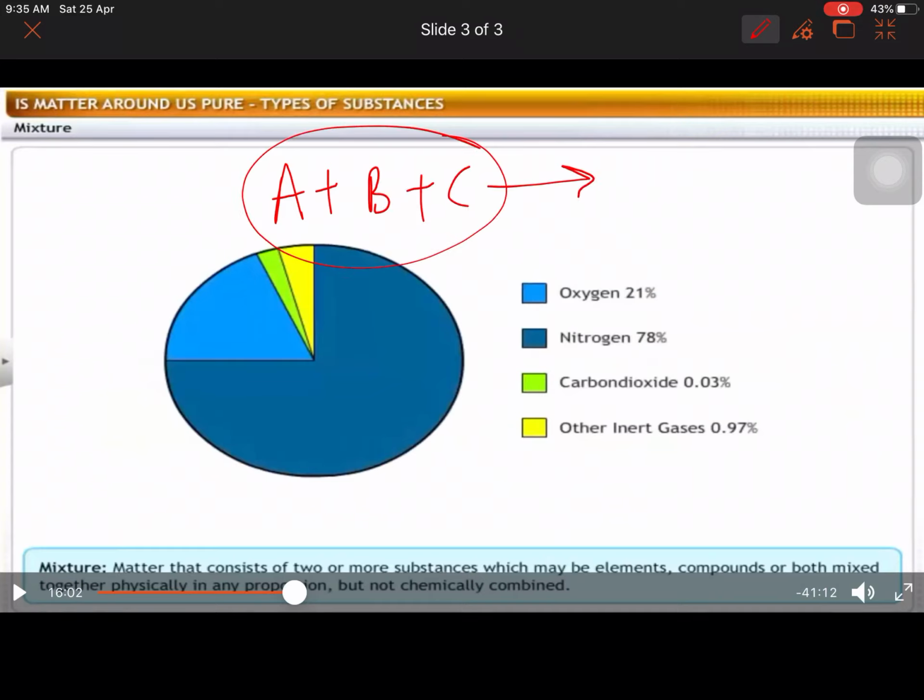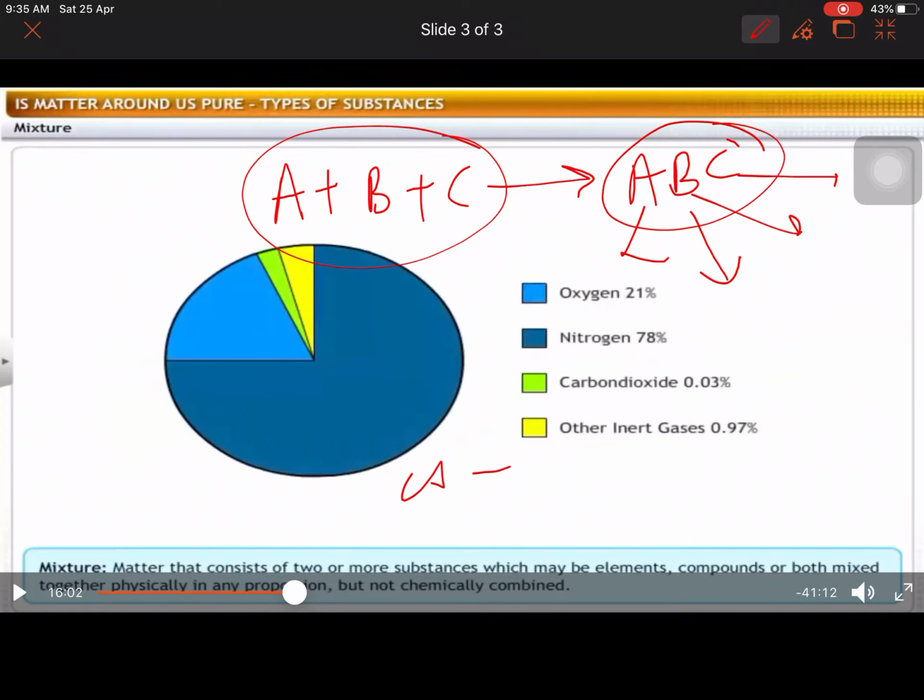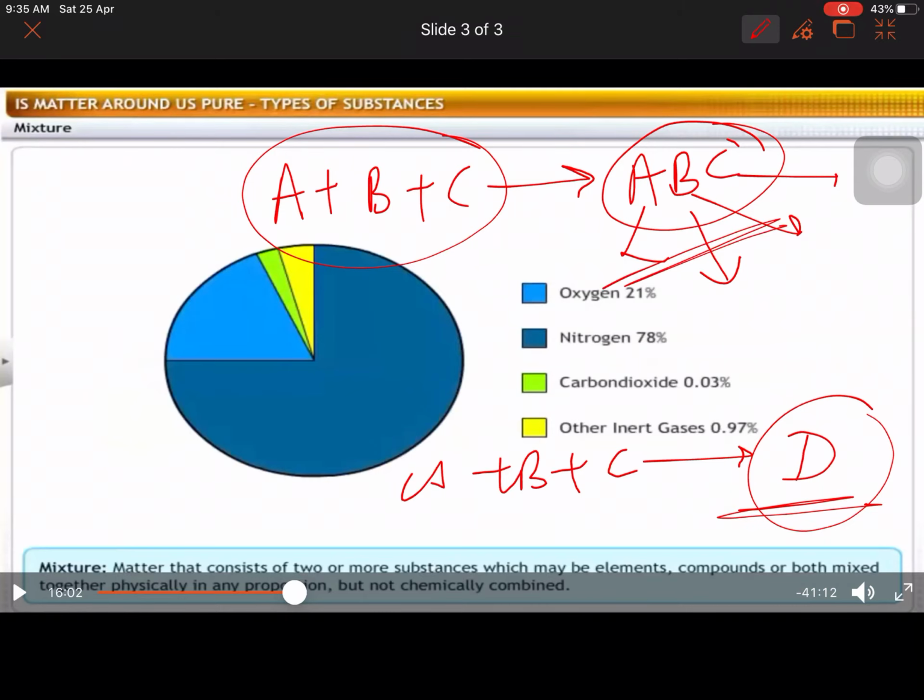और तीन चीज़ें मिलने के बाद मिक्सचर, ध्यान देंगे, तीन चीज़ें मिलने के बाद मिक्स तो हो जाए, A बन गया, B बन गया, C बन गया, है ना। और जब मिक्सचर हो जाता है तो भी हम क्या करते हैं, A को भी निकाल सकते हैं, B को भी अलग कर सकते हैं, C को भी अलग कर सकते हैं। लेकिन याद रखेंगे जब हम कह रहे हैं कि ये हो रहा है A + B + C और ये बना देते हैं D, तो ये क्या बन गया, कंपाउंड बन गया, राइट। तो ये मिक्सचर नहीं है, मिक्सचर ये है। मिक्सचर वो होते हैं जिनको हम किसी भी प्रोपोर्शन में कैसे भी करके मिला सकते हैं और उसमें इंडिविजुअल कंपोनेंट्स को वापस निकाल सकते हैं, तो क्या कहलाते हैं, वो मिक्सचर कहलाते हैं। लेकिन जब कंपाउंड की बात करेंगे तो वहां पर वो अलग नहीं हो पाएंगे, एक बार बन गए तो बन गए।